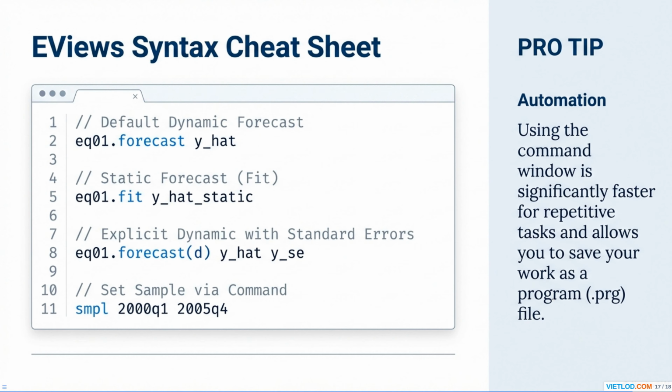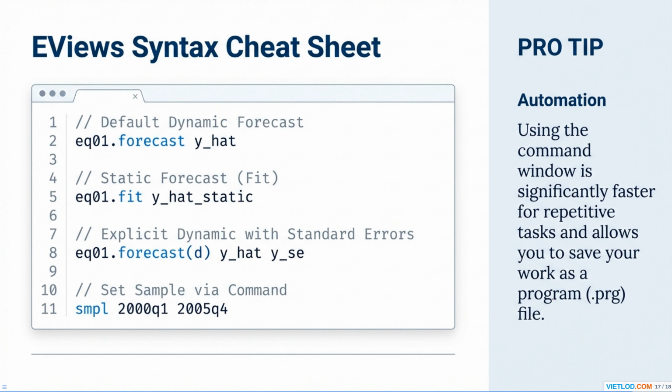While EViews' graphical interface is excellent for learning, mastering its command line syntax offers significant advantages, especially for repetitive tasks. This cheat sheet summarizes the essential commands for forecasting. For a default dynamic forecast from an equation object, like EQ01, you simply type EQ01.forecast yhat. If you need a static forecast, perhaps for in-sample validation, you'd use the .fit command, EQ01.fit yhat static. To be more explicit with a dynamic forecast and also save the standard errors, which are crucial for constructing confidence intervals, use